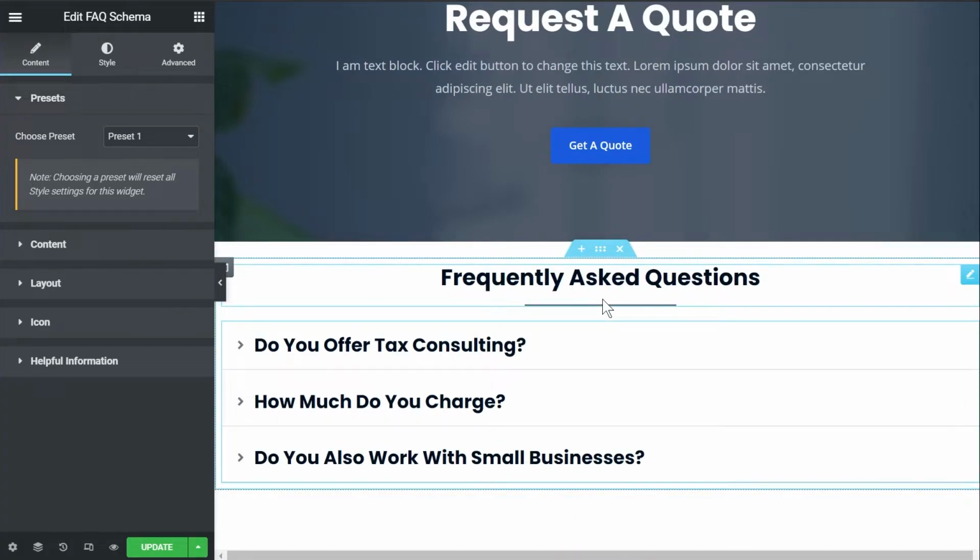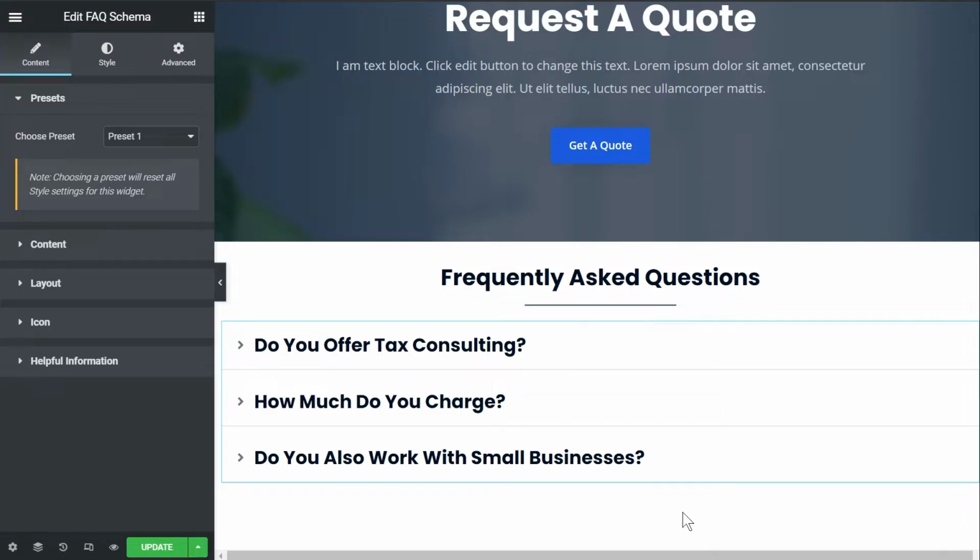So I magically snapped my fingers and changed these questions to more reasonable ones that suit well with the website, and also added a fancy little heading, which also comes from UAE, by the way. You can just check it out if you're interested in this kind of design or styles for your headings. Now, looking at this, you might be thinking, Yuvraj, we haven't talked about schema at all,